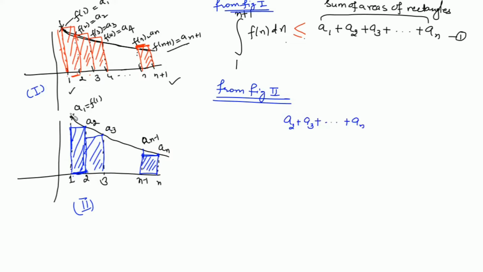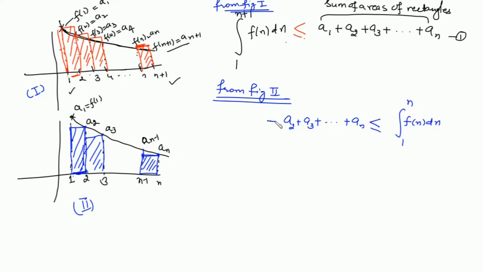Clearly this value is less than or equal to the area under the curve, and that is nothing but the value of the integral going from 1 to n, right? So the sum of the areas of these rectangles is clearly less than or equal to the area under the curve. That means the value of the integral from 1 to n of f(n) dn,